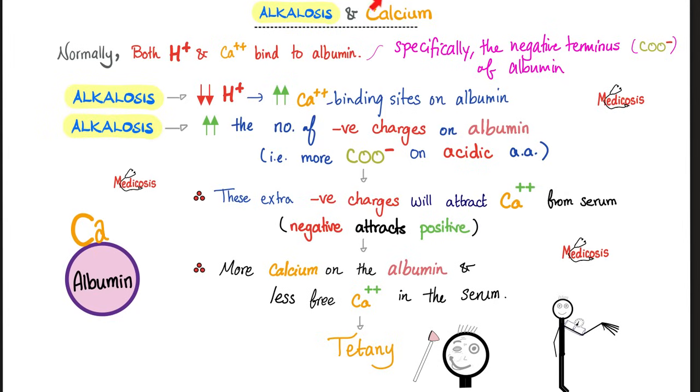Quick note on alkalosis and its relation to calcium. Please remember that alkalosis favors calcium deposition, meaning alkalosis will make calcium leave its charged ionized form and get deposited into tissues in the bound form. This lowers the concentration of ionized serum calcium, which can lead to increased nerve excitability and therefore tetany. The relation between alkalosis and calcium is very complex. I've talked about it in detail in my physiology playlist in my video titled Calcium Homeostasis.